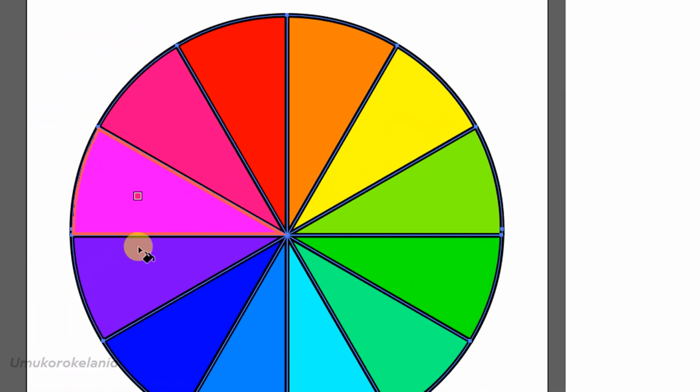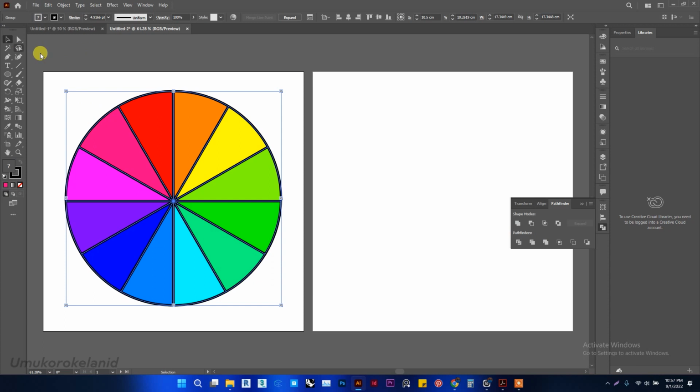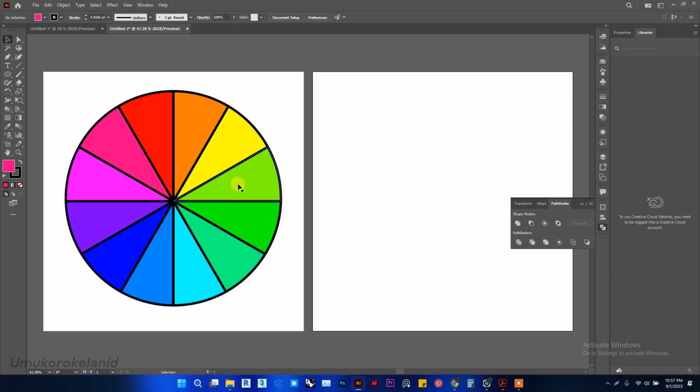So this is a complete color wheel. Now we can decide to leave it this way and leave the strokes, or let's remove the strokes,